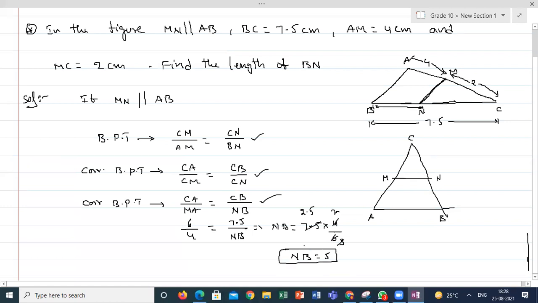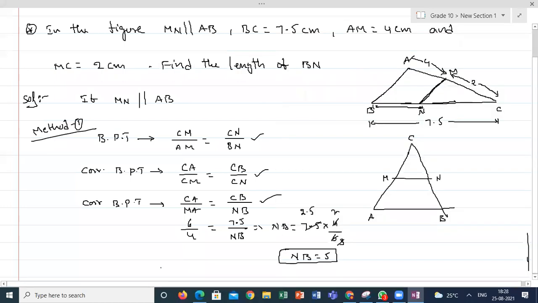If you are able to remember the basic proportionality theorem and its corollaries. Hope you are clear. Shall I go for the second method? Ushi, I am unable to remember these three formulas. Is it clear, guys, what I am saying? Yes, sir. This is method 1. Now what is method 2?